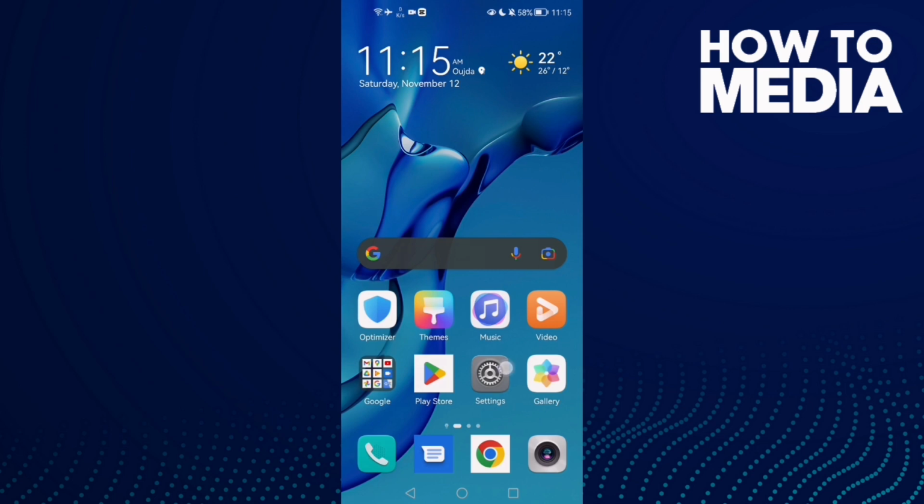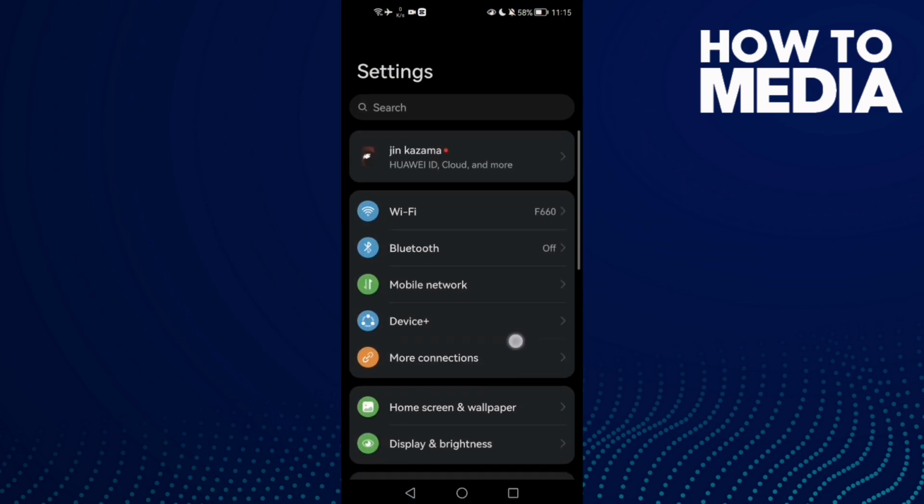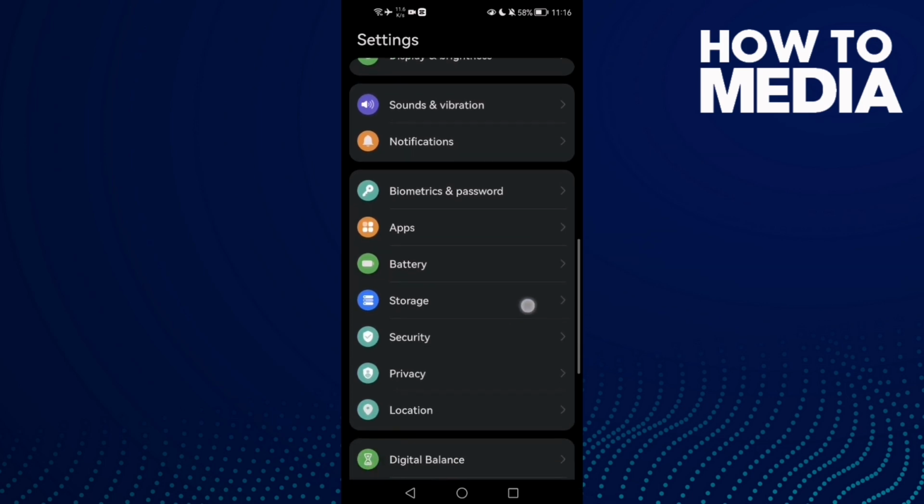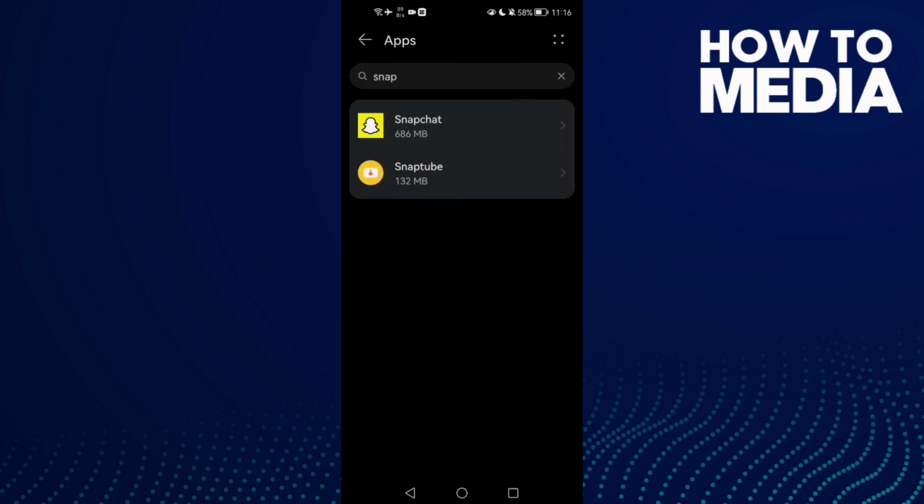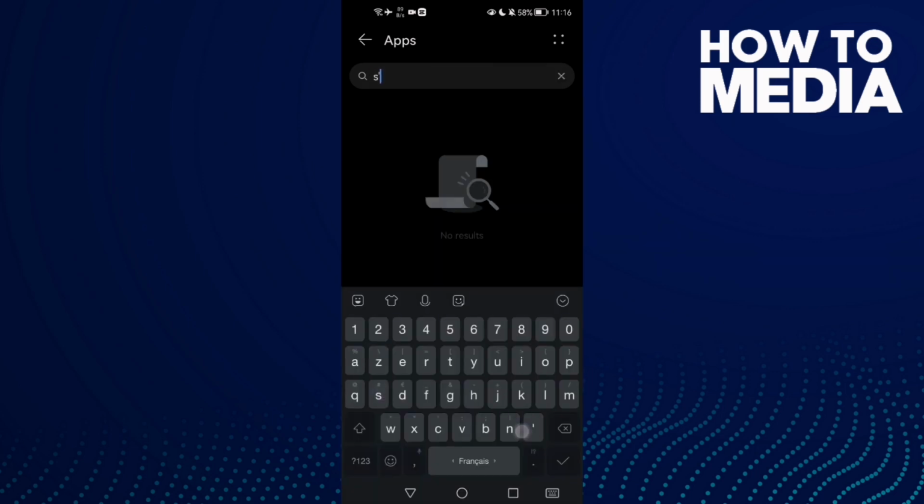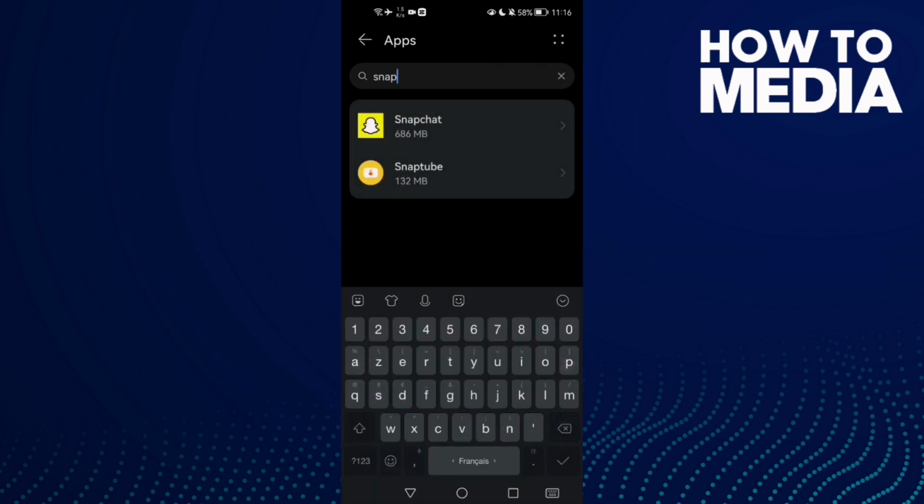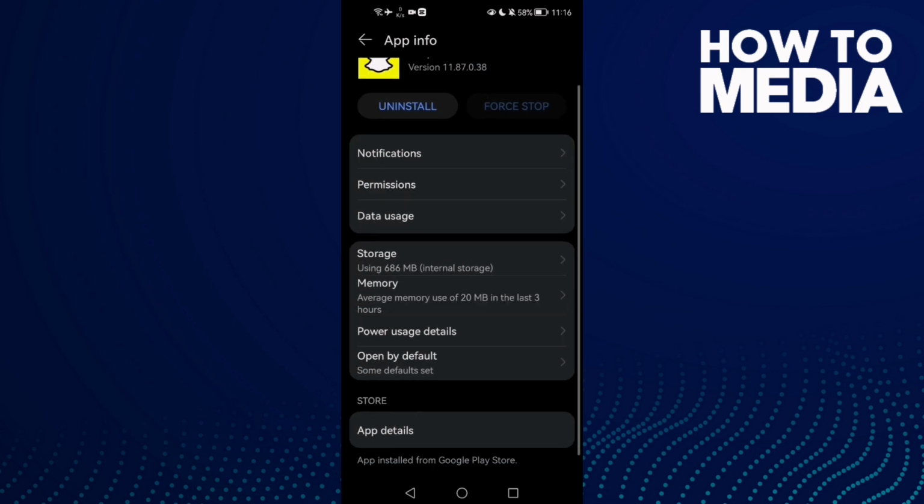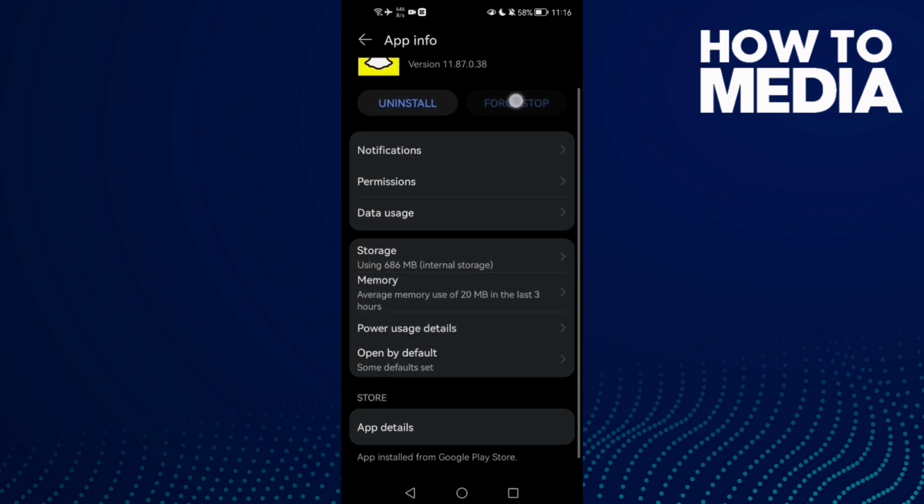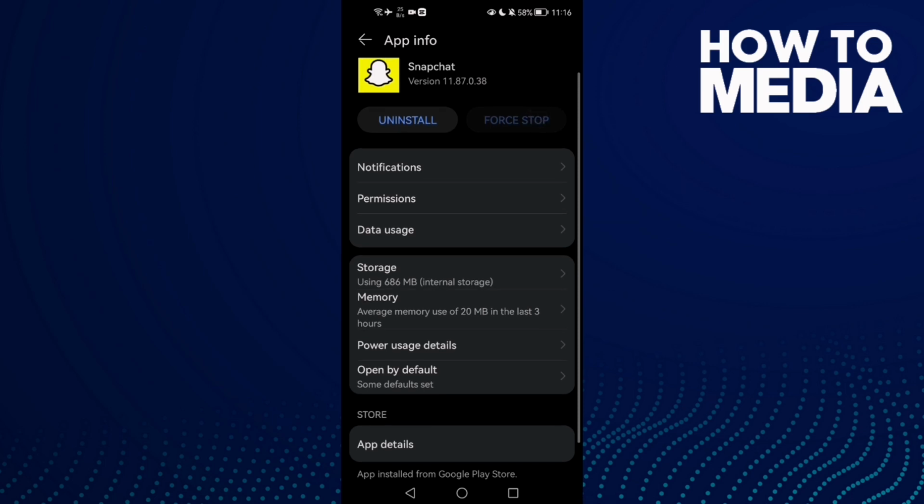First open settings and then scroll down until you find apps, and now click apps again, and here just type Snapchat, click on it, and first thing you need to do here is to click force stop. This one. Now just go back and try again, and if that doesn't fix your problem, just come here and